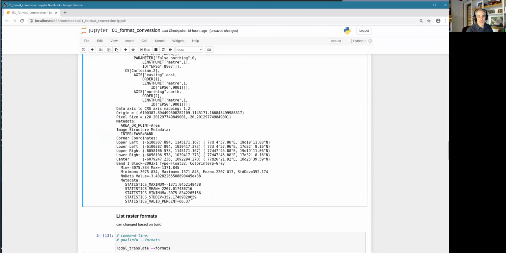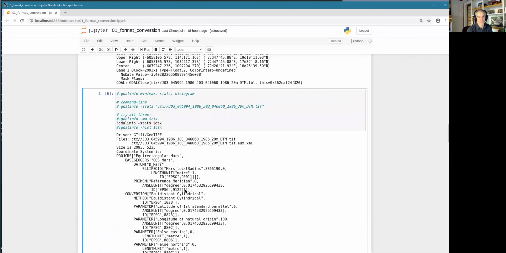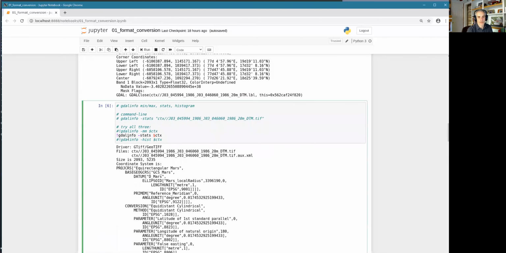And again, this can take a while. If it's a terabyte file, it can take a long time to gather these stats, but once it's done, it usually stashes it into the GeoTIFF or into a sidecar. That can be confusing if you actually change the image outside of the stats. So sometimes if you need to force recalculation of the stats, just run it again. And actually one of the nice features that I don't use very often is